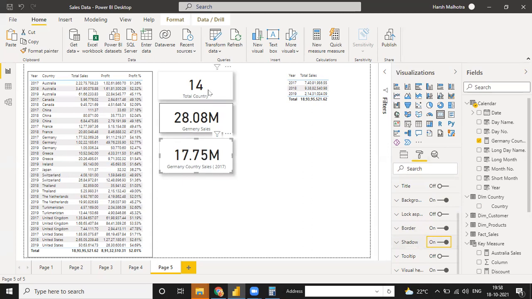Like this, there are 14 countries and this Germany sales is just one function, so you can create 14 functions: Germany sale, Australia sale, Canada sale, France sale, and many other sales. Suppose right now I'm using two filters, Germany sales for one country and one year. You can use Germany sale 2017 in the month of May only. So you can use many filters, because using this filter will help your hand to make that kind of filter analysis.